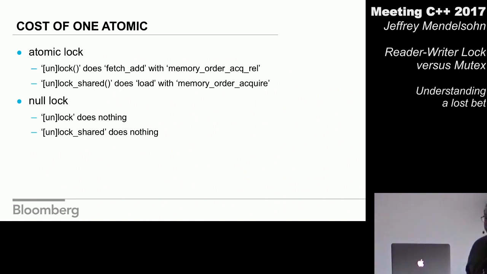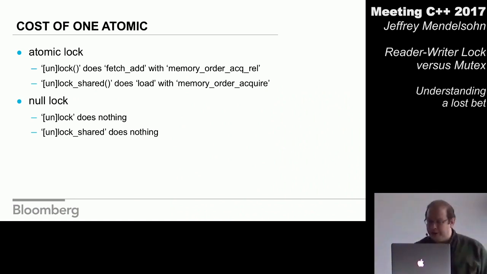And then we'll also have an atomic version, which for simulating the write side, will do a fetch add, both in the unlock and the lock. And it'll use acquire release semantics. And the shared will just do a load. It'll be on the same memory location. So if I have readers and writers, they will interfere, even though this isn't the lock. Is that clear? No, it's not an actual lock, so it's just one fetch add or one load, and the only contention would be on the cache lines themselves moving between the cores.